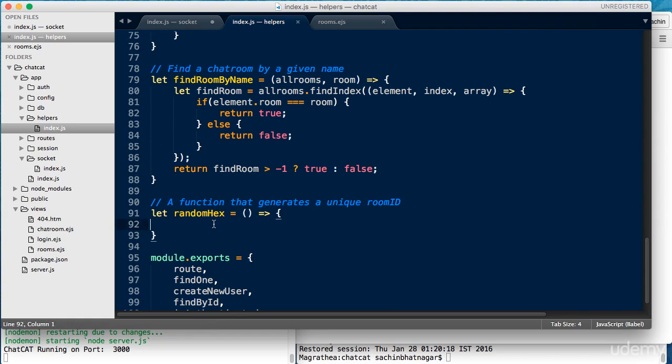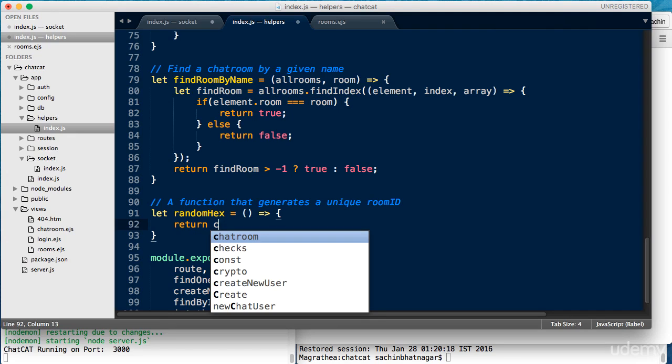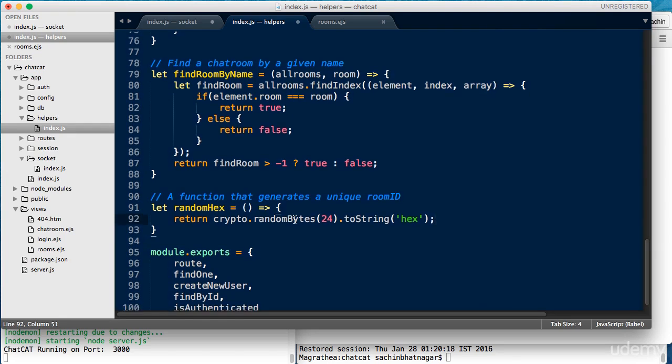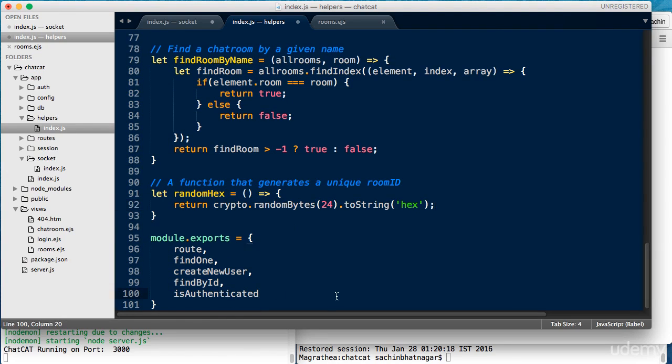Then I'm going to use a return statement and I'll straight away access the crypto module's random bytes method, which is used to generate random bytes of data of a given length. We'll use 24 as the value, and so we'll get 24 bytes worth of random data. Now, to get this random data out as a string, we'll chain in a toString method set to output a hex value. This one-liner notation without any callback results in the random bytes function being executed in synchronous mode. This works for our simple case here.